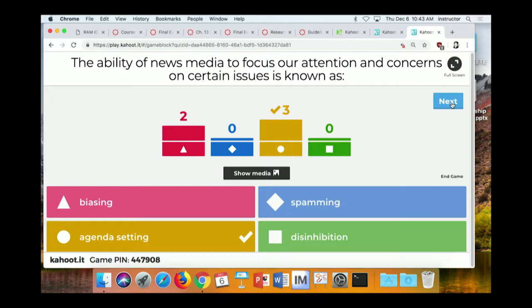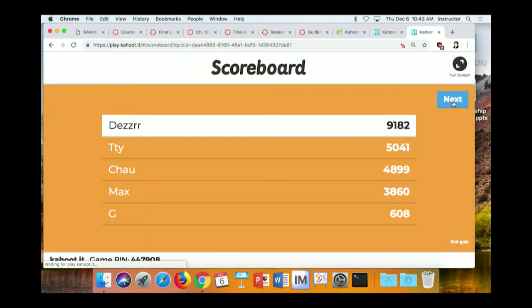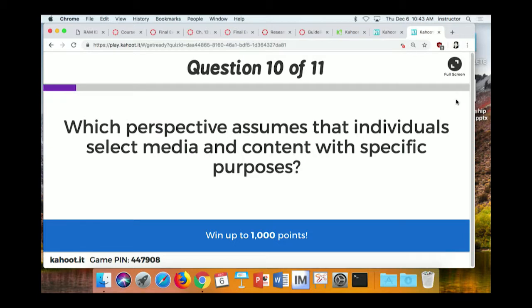But agenda setting is the ability of the mass media to tell us what's important. What should we focus on? So think about the news. The nightly news broadcast says, today, the president once again denied that the Saudi Arabians actually chopped up somebody they didn't like in a consulate. They keep focusing us on those particular stories. That is clearly agenda setting. They tell us, yeah, this is what you should be talking about.